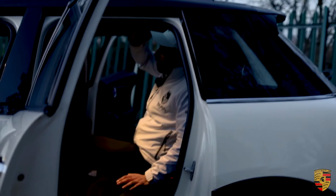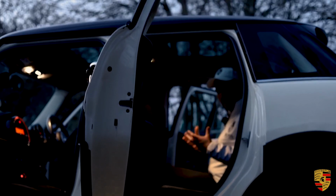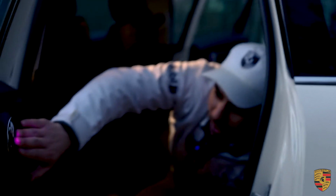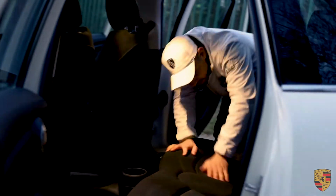And as I said, the pan roof here at the back as well as at the front brings in a lot of natural light and makes it an amazing space to be in. Something else is the ambient lighting that you have. You get purple, blue and white lights. That's such a nice classy touch. And if you come to the back of it,